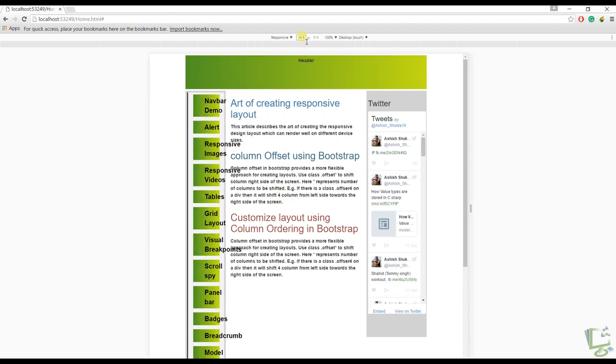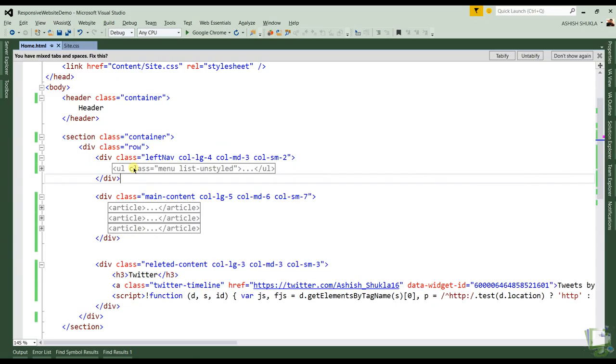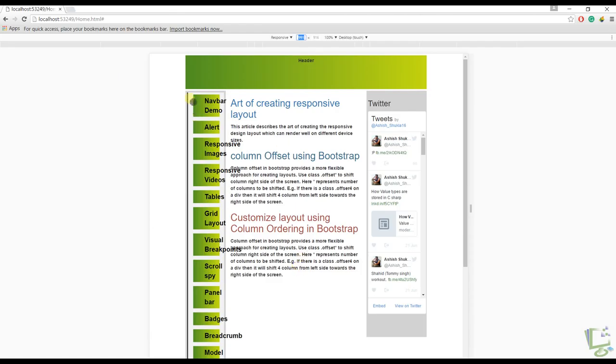I have set the width of the device to 991 pixels, meaning we have simulated our browser in a small screen. For the small screen we have defined that our left navigation takes 2 columns, our main content takes 7 columns, and related content takes 3 columns. So we have the first 2 columns for the left navigation, 7 columns for the main content, and the last 3 columns for the related content.